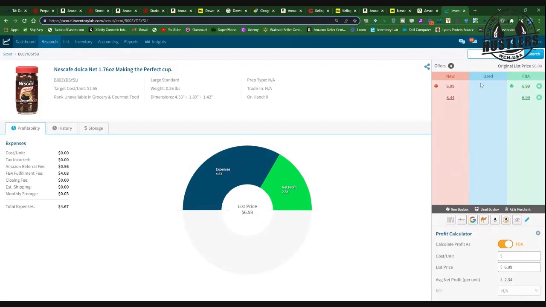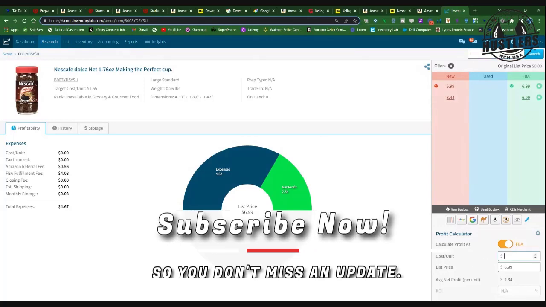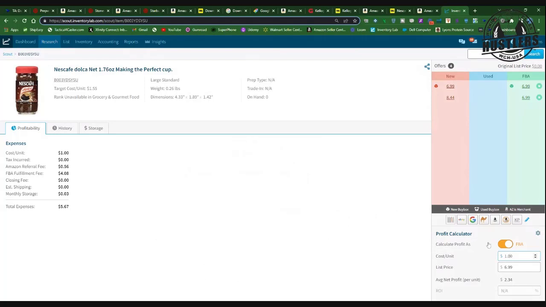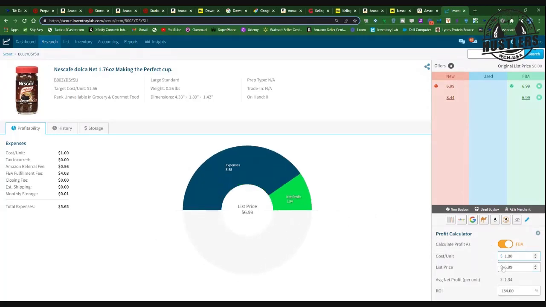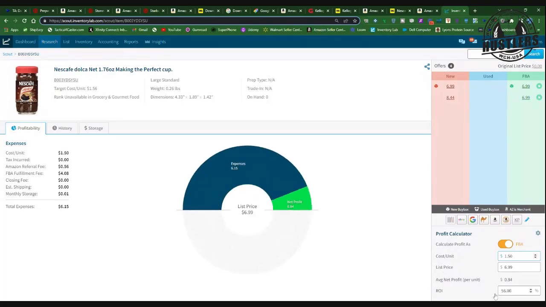You could try it with different ones. For example, this is the fulfillment by Amazon column, and this would be fulfilled by merchant. But remember, we're paying $1, and basically the software will kick back at you what your return on investment would be, and that's 134%. That can be a little bit misleading. I don't have the software set to what it would cost me per pound to get it into the warehouse. Just to be on the safe side, we're going to put, say, 50 cents, and you still have a 56%